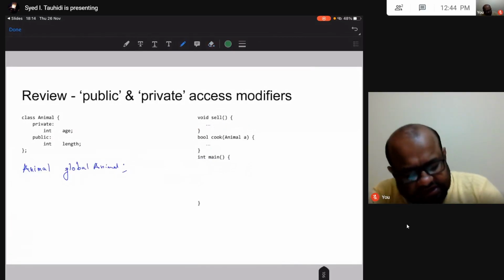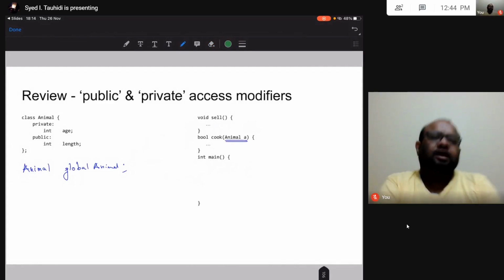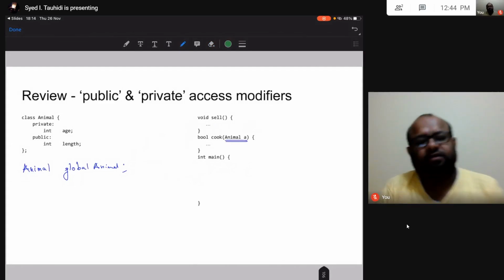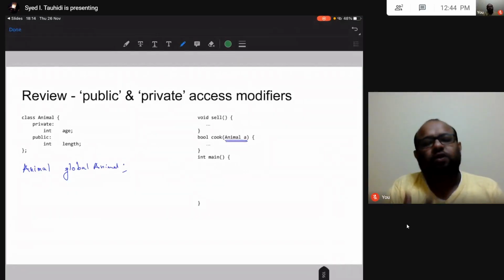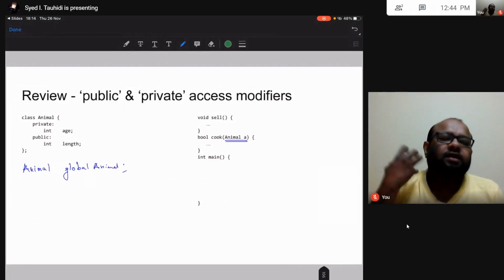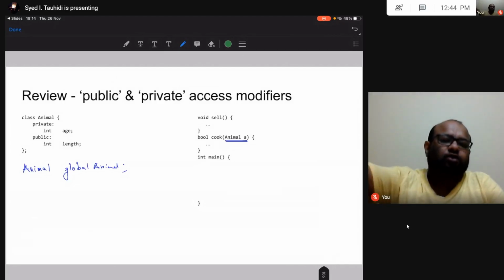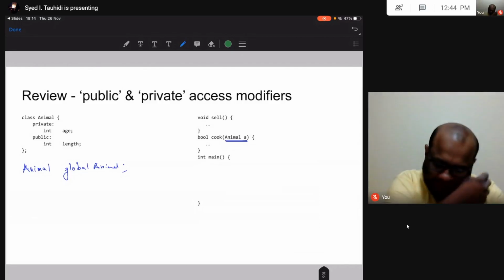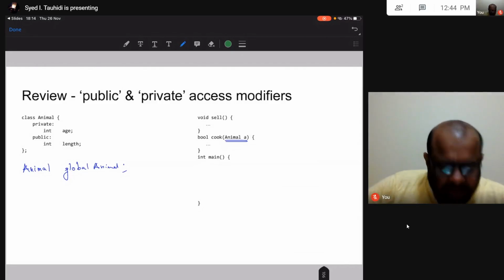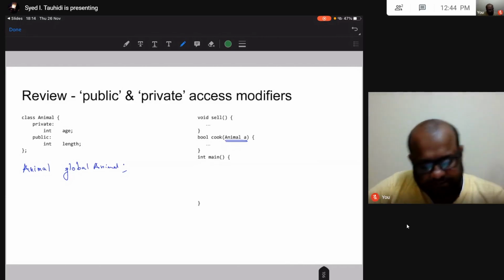I may pass an object as a parameter to the function as well. So a function can use an object. There are lots of different ways. Maybe it gets it through as a parameter, maybe it declares it inside the function, or maybe it is there in the global variable space, and then we use that inside the function. So there are different ways to access and work with an object inside a function.